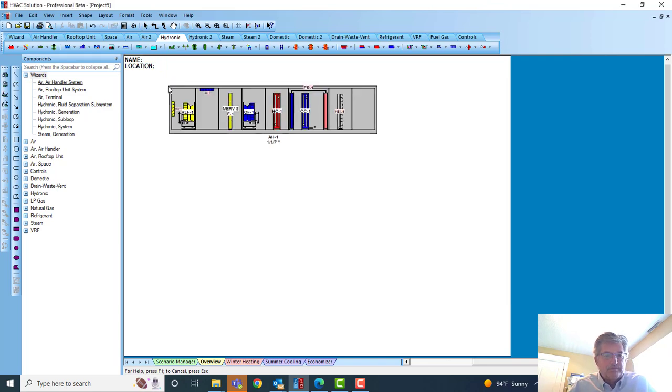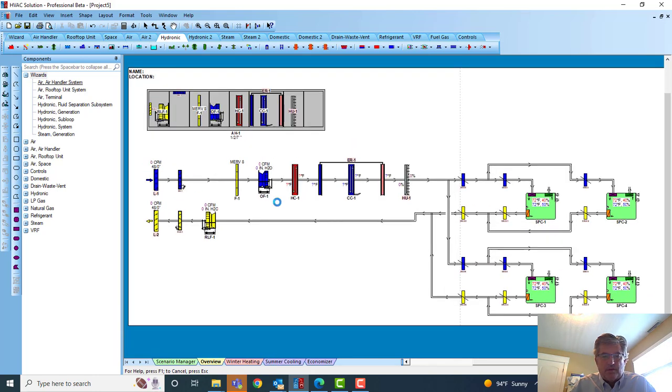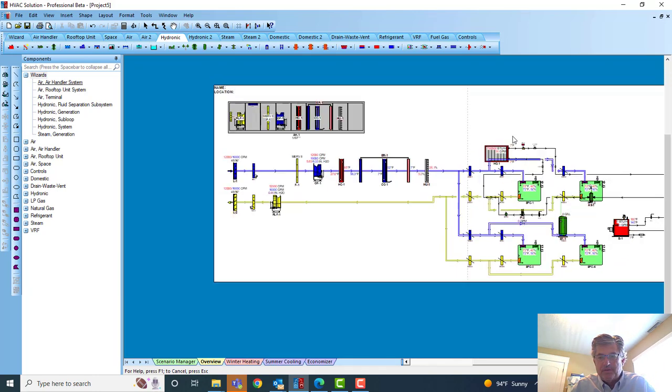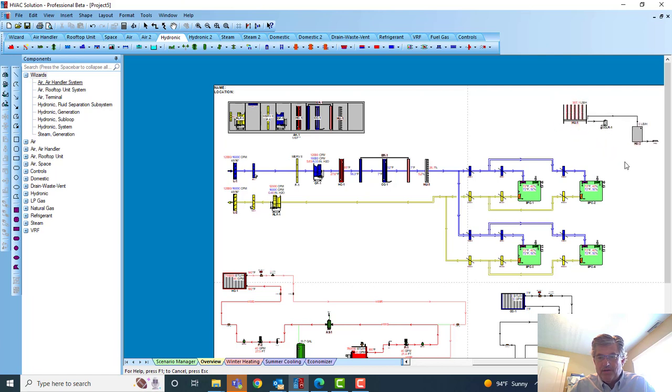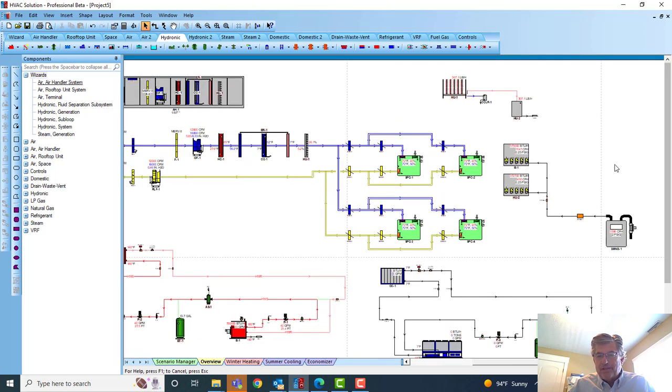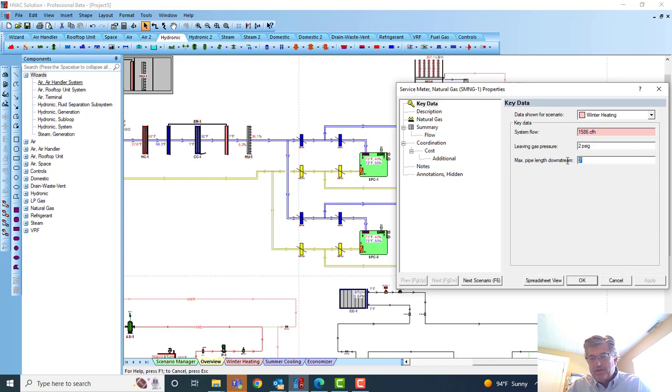an air handler with an airflow diagram with the single stream HPT type, my hydronic hot water schematic, and then my chilled water schematic, as well as the humidifier schematic now, and then a gas piping. So quite a few things now you get. If I want to size that gas piping, let's just do that quickly. I can come in here and say it's 90 feet from the meter to the farthest load, hit OK, and